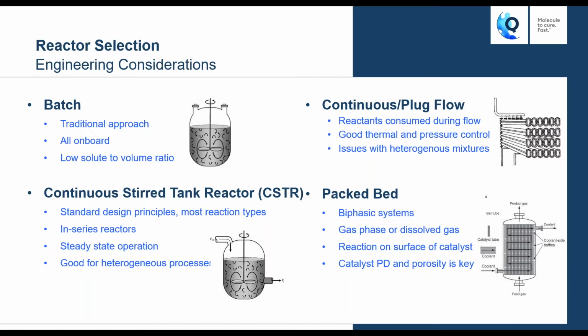On the right hand side, we've got continuous flow chemistry technologies. We have plug flow or continuous flow reactors, and the diagram at the top is showing what is effectively thin metal or polymer tubes which allow the reaction to take place, and I'll discuss more about flow chemistry in a moment. They're very good for parameter control, high hazard control, thermal control and high pressure reactions,